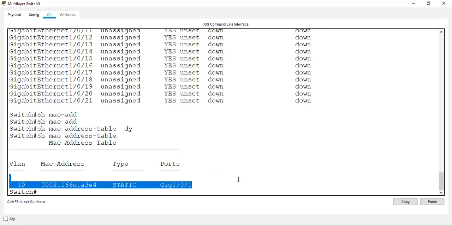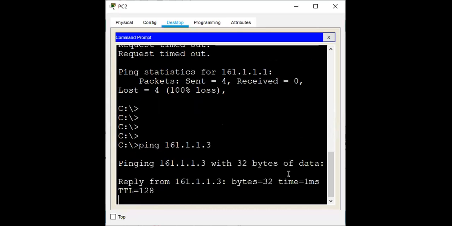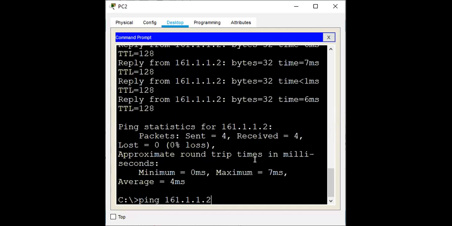So let's have communication between all the systems. I'm going to ping 161.1.1.3, 1.1.2, and 1.1.1.